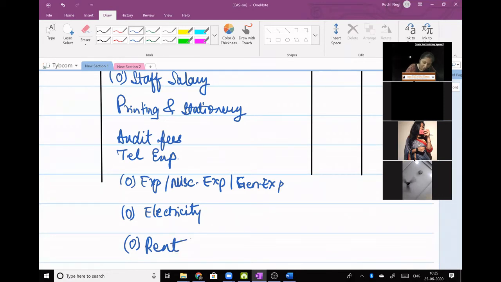No beta, commission will not come here. Office furniture, beta, is an asset. If you say its depreciation, then it will come here. Wages, no Shikha, not wages. Indirect wages will go in factory. Wages is never a part of office. Printing and stationery is done. Yes, depreciation on office assets. Office assets include furniture, computer, table, fan, AC, all these things.